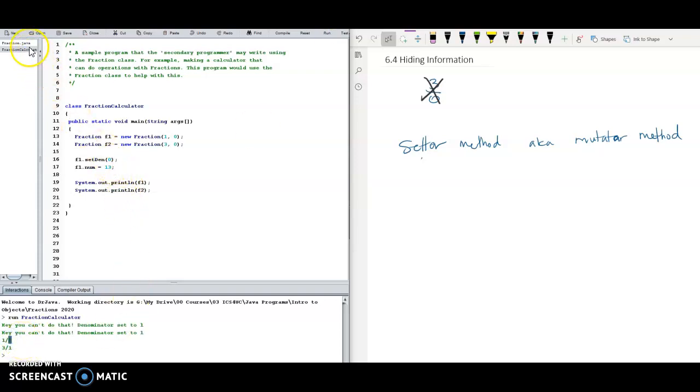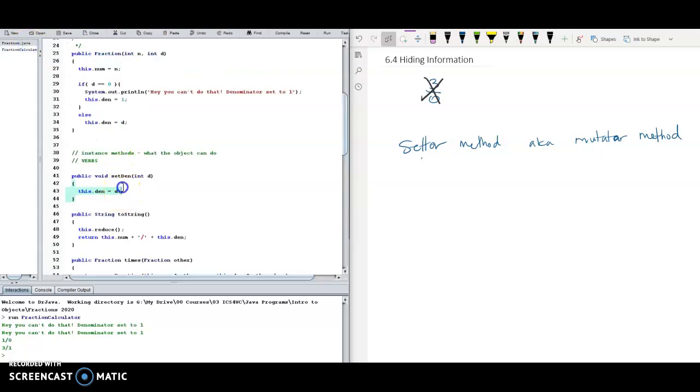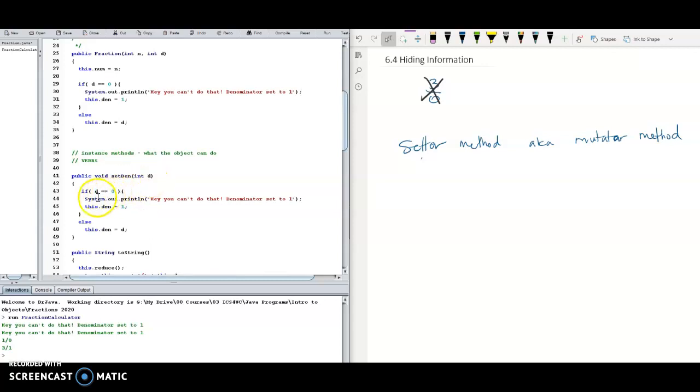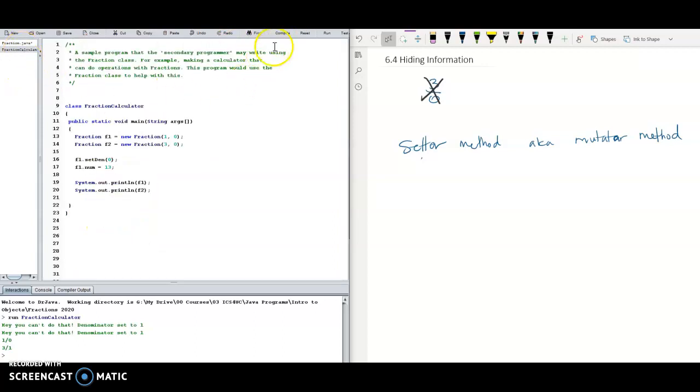So what we can do here, because it's a method, like we said, in this setter method, we can put the same sort of if statement that we have here. In fact, I'm going to copy and paste this. And I'm going to say if d is equal to 0, hey, you can't do that. Denominator, instead of setting it to 1 because it's not a constructor this time, we'll say remains unchanged. And so basically we won't do anything to the denominator, and otherwise we will set it. So now we can come back here, and if we compile that and hit the run button, it says, hey, you can't do that, denominator remains unchanged, and